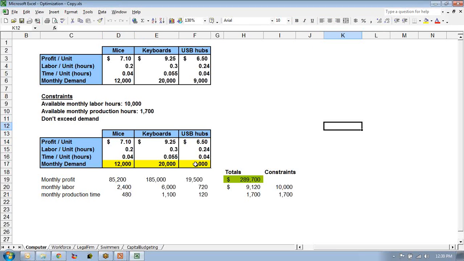But let's just show you how this would work. So the Excel solver basically says, what would I do if I started with these constraints, and these were my demand hours? Well, just think about this for a moment. If you wanted to maximize the profit, I put together a spreadsheet that says, if we made 12,000 mice, which is the maximum market demand, and we made 20,000 keyboards, and we made 3,000 USB hubs, this would be our profit,